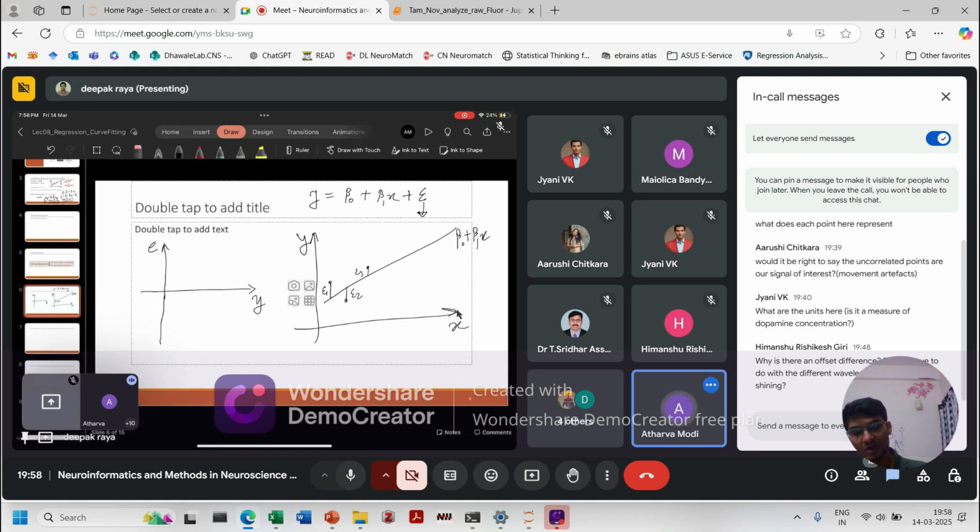These points denote y, and what we assume is that this epsilon is normally distributed about 0 with some sigma. But this assumption is not required for ordinary least square estimate. If this assumption is true for the population, then our ordinary least square estimate becomes the best estimate for our y